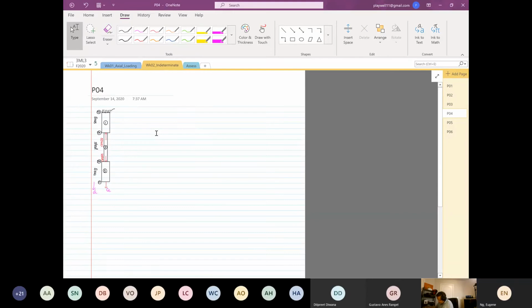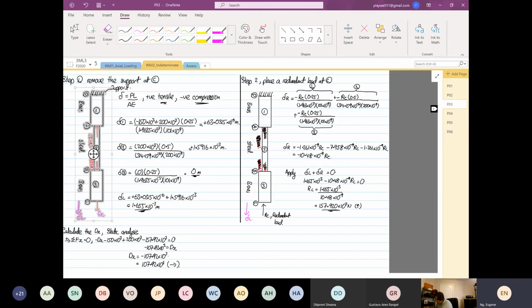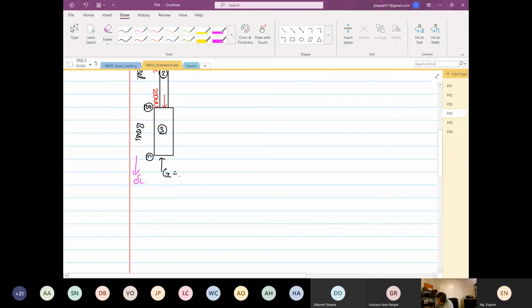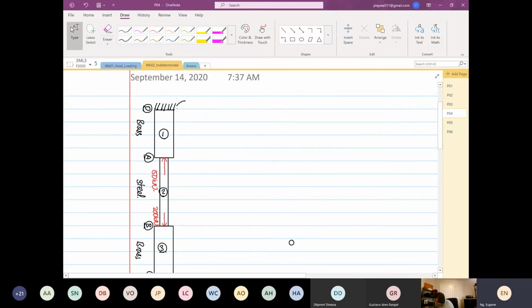We know that now we have our CX, which is equal to 157.92. The question asks us to find stresses